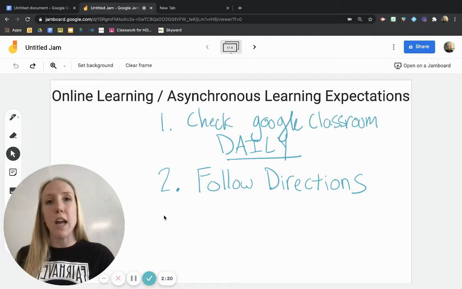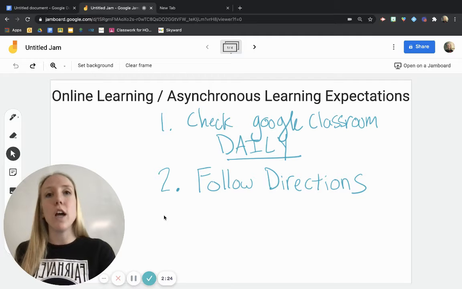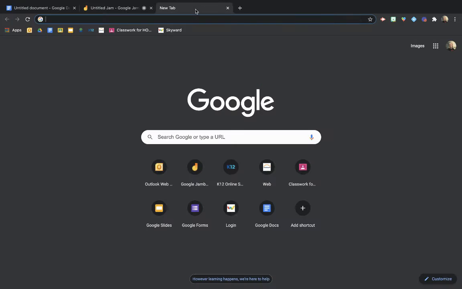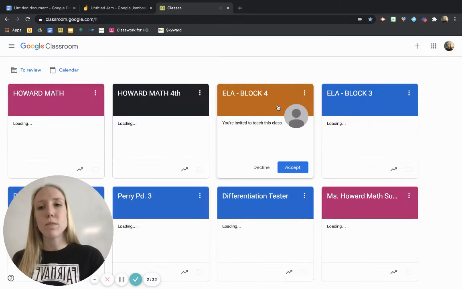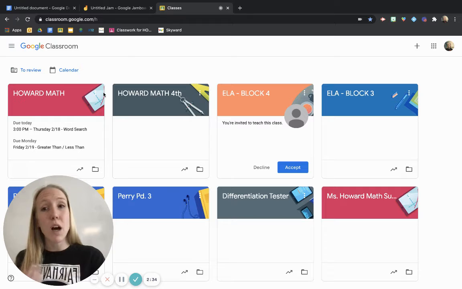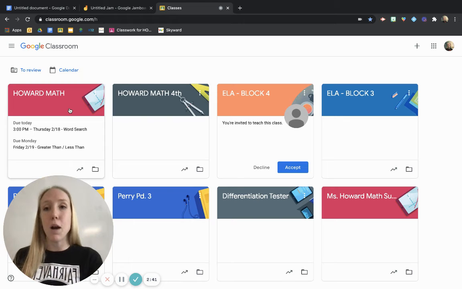I'm going to show you right now where you are going to find the things that you need to find when you are learning online for the day. So you are going to go to Google Classroom. I don't really use K-12. I do almost everything in Google Classroom. So Google Classroom is the place to look. I'm Miss Howard. This is our math class.